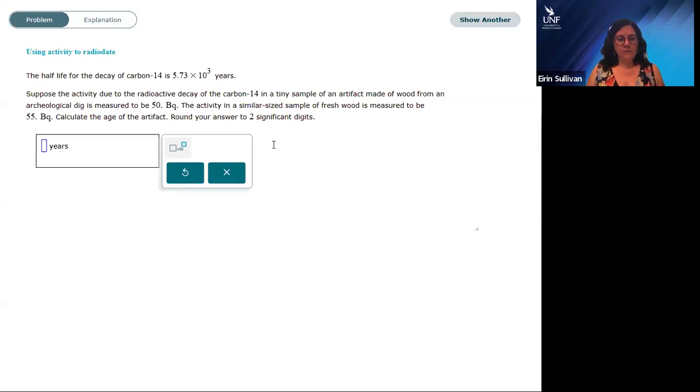Using activity to radiodate, we can use our expression that relates our half-life and our rate constant, that's ln 2 over k, and our activity, which is activity at time t divided by activity at time 0, which is also related to the rate constant. We can put those two concepts together to get, in terms of t, for any kind of radiodating problem, that